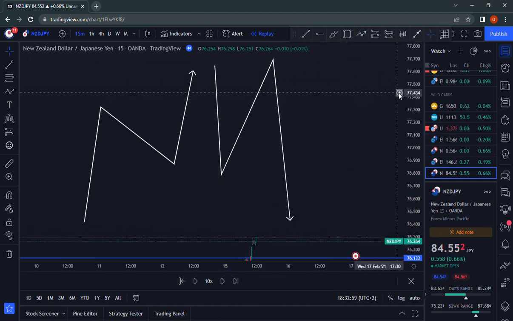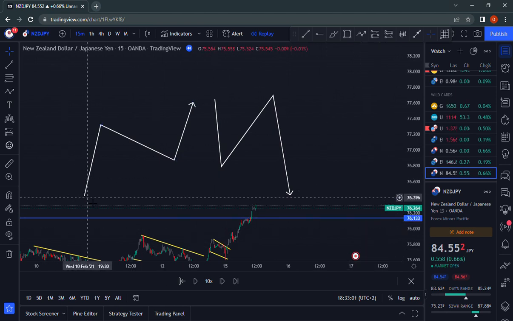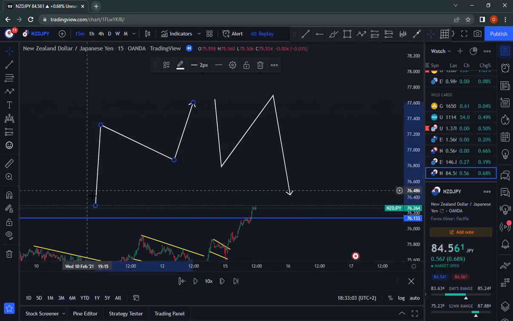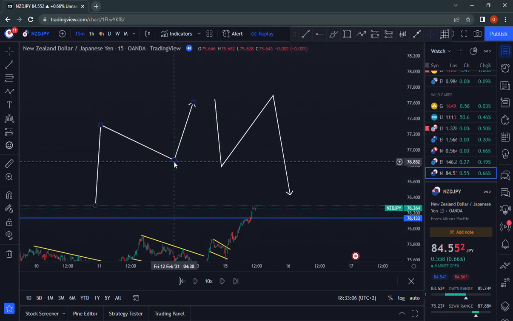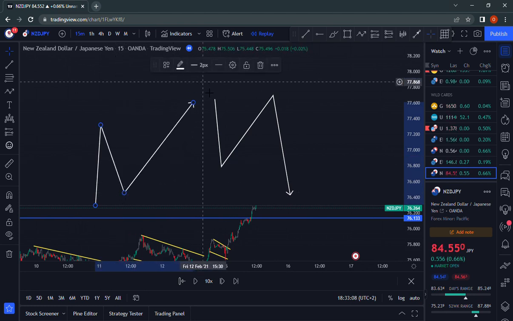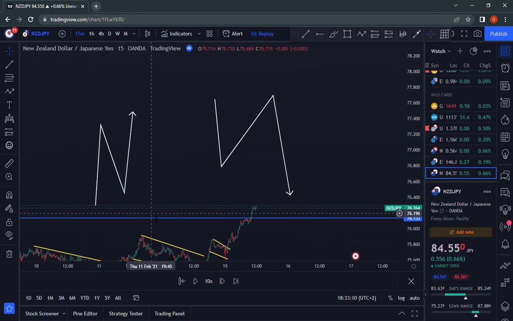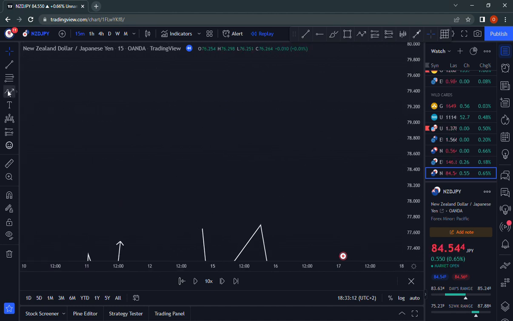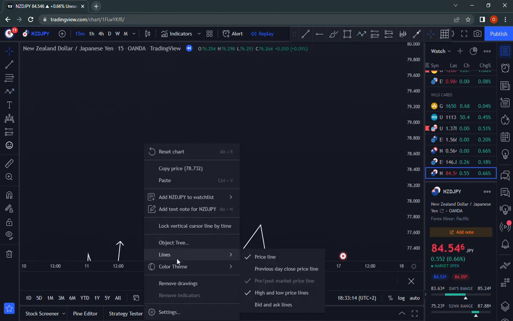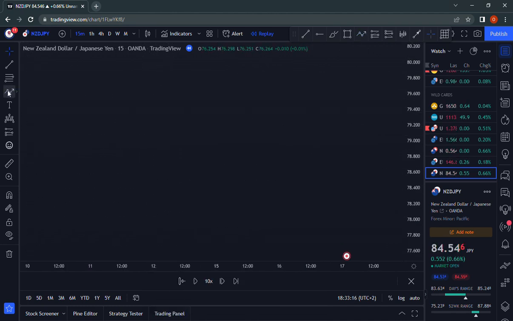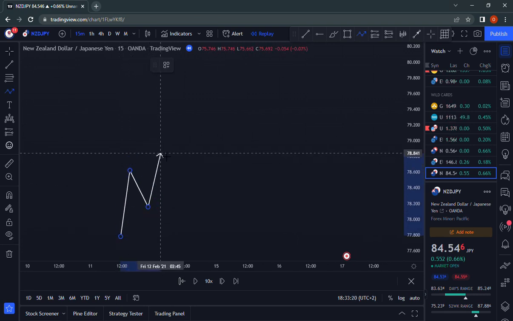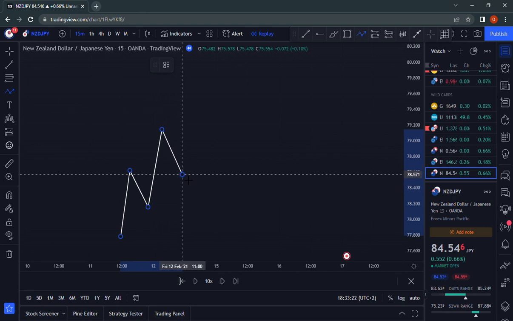That is a must. There is no way. This is how the market moves always. Impulse, correction, impulse. But what you have to understand is that when you draw your trend lines, the most important thing, because if you understand the trend of the market,